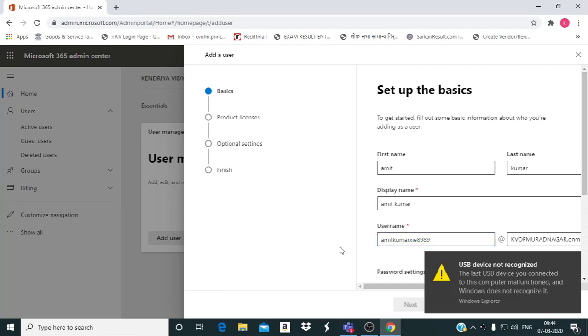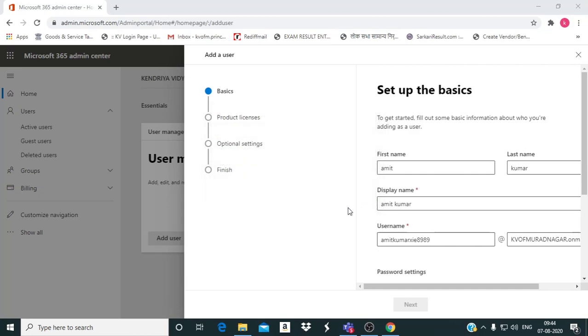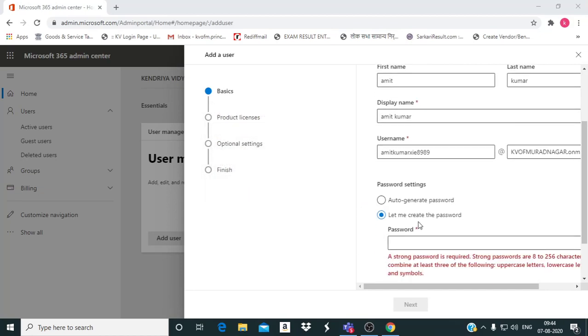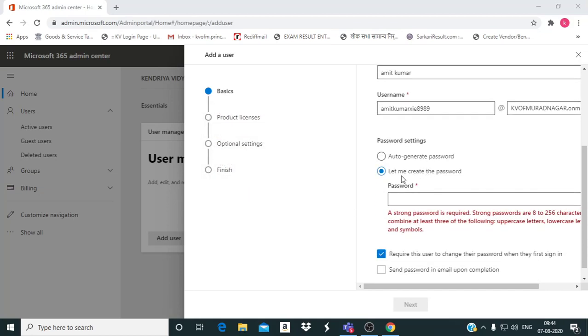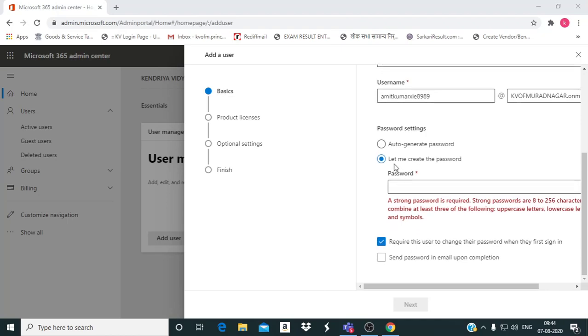Thereafter, auto generate password. You select let me create the password. Click on let me create the password. If you people create the password, then students need not reset the password.